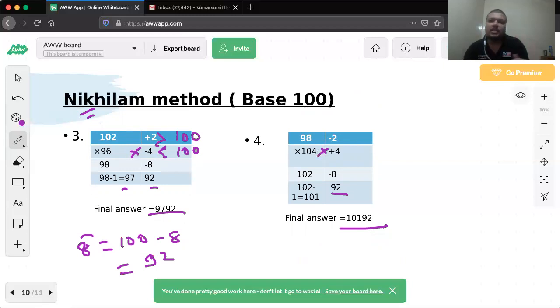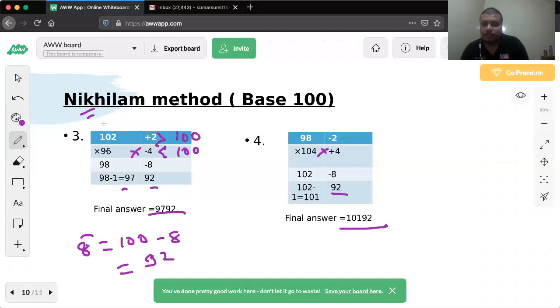So the more you practice, the more you will be able to do these solutions, the more you will find it fun and exciting, and you'll get rid of your math phobia, right? So it is that fun, it is that simple. You just need to practice more and more, and you can do these calculations in your mind. You will not even need to touch the pen and paper, guys.